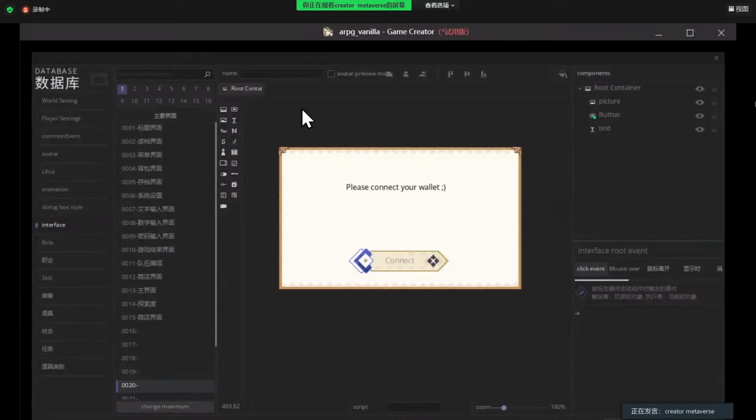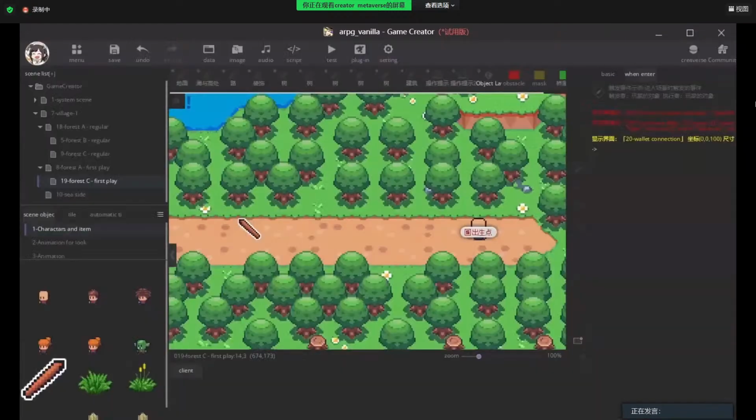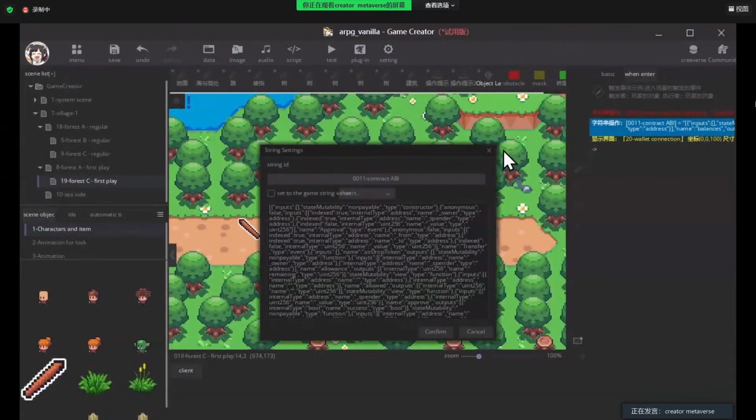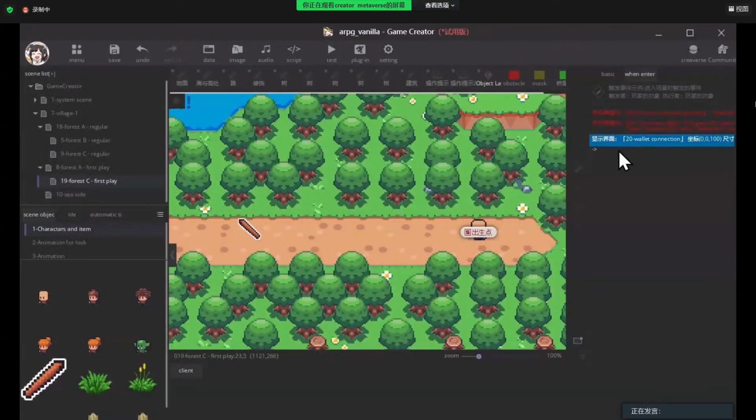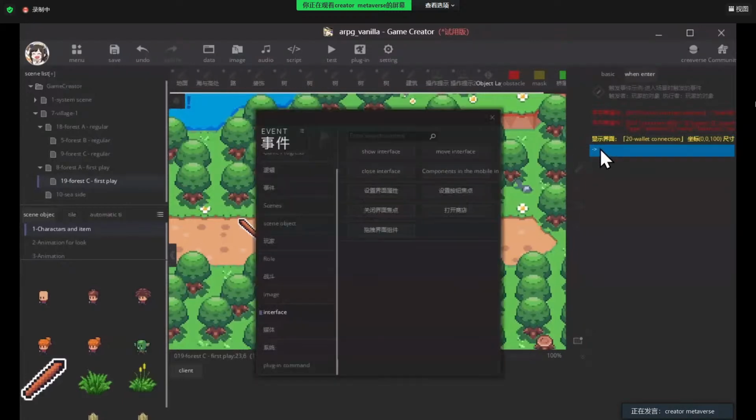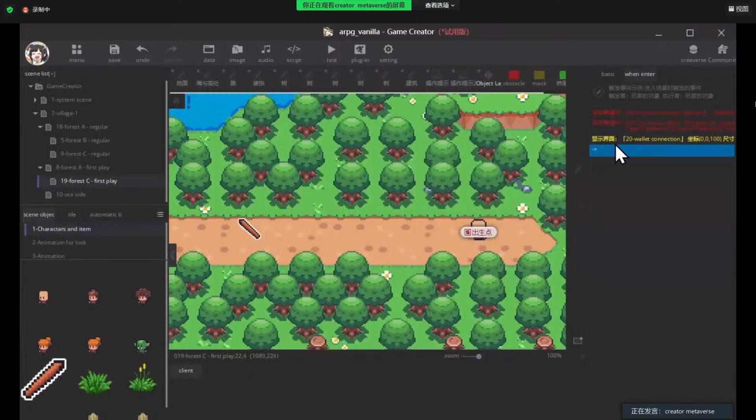Yeah, I forgot to name the number 20 interface, wallet connection. Yeah, there we go. And when we're doing the login or the wallet connection, we would like this interface to always be displayed there. So we will add another function or event here called waiting this interface.